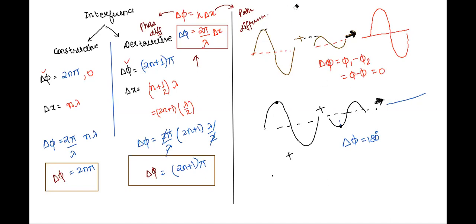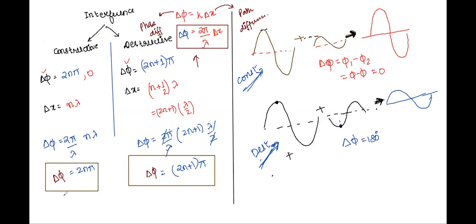It might not be as low as this, but we can have, let's say, this. Are we clear? The amplitude is decreasing in the second case, whereas it is increasing in the first case. The first one is an example of constructive interference. The second one is an example of destructive interference. Are we clear with this, Atul? Yes, sir. Class, let us see this example.